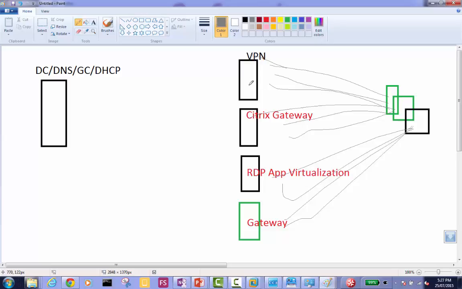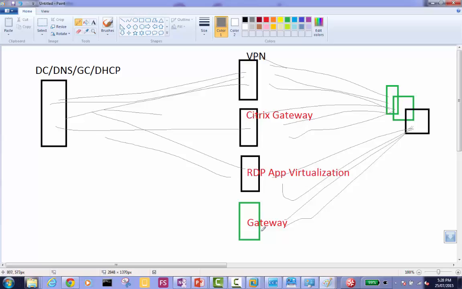So what happens? The VPN server connects: hey domain controller, confirm for me, is this our guy or not? Authenticate. And then what network resources does this guy need to access? So all the connections coming here, the VPN is throwing to this. So VPN is directly connecting to our domain controller. Then Citrix also, they all need authentication and authorization, right? So they are all connecting directly to our domain controller. So the domain controller is taking too much traffic from these external gateways, as well as from all internal network assets. It's taking huge traffic right now.